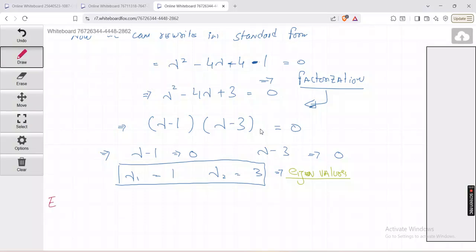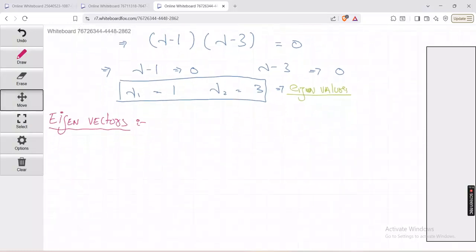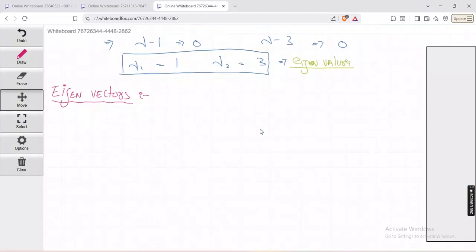Now next we have eigenvectors. Now for the same equation we have to find eigenvectors. We already found the values. So we have lambda 1 and lambda 3. So now we can write here